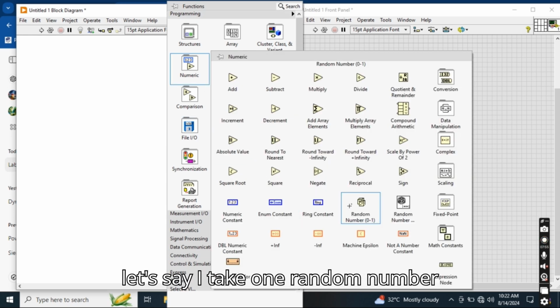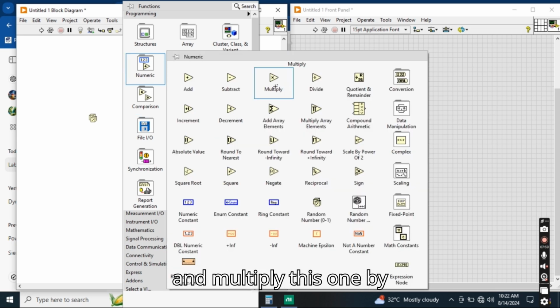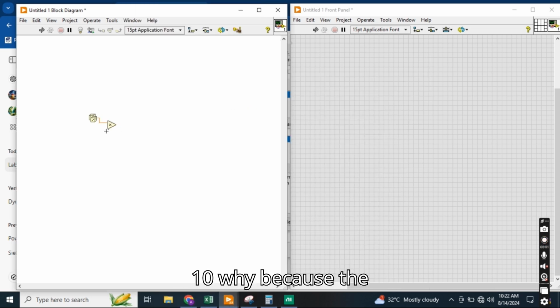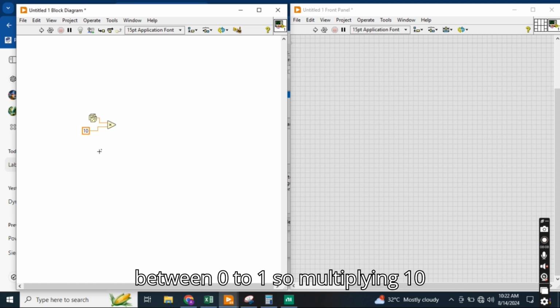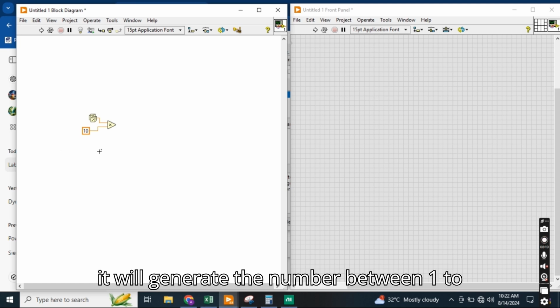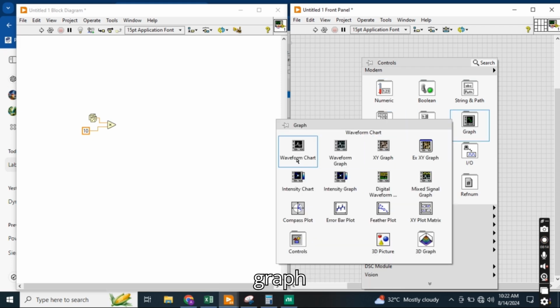Let's say I take one random number and multiply it by 10. Why? Because the random generator only generates numbers between 0 to 1, so multiplying by 10 it will generate a number between 1 to 10. Now the output, I take the graph